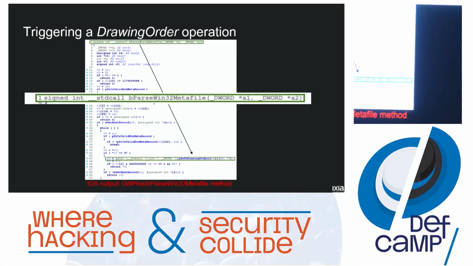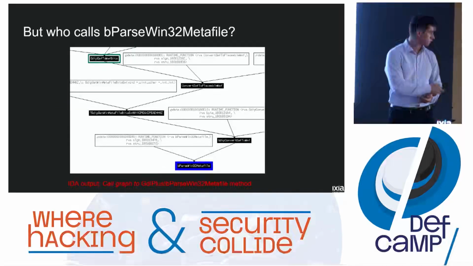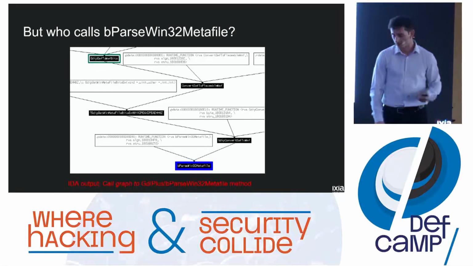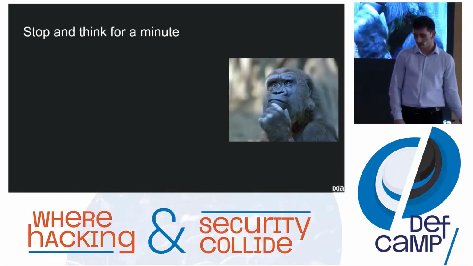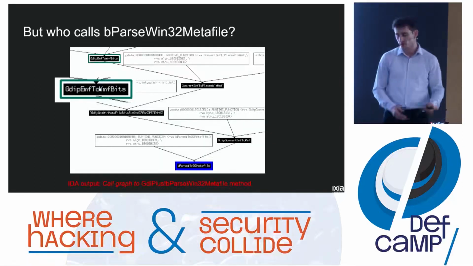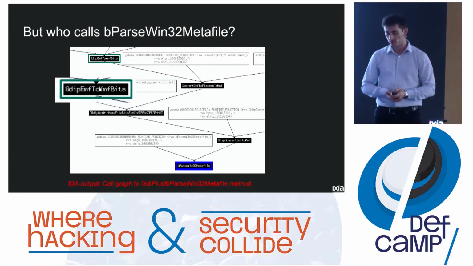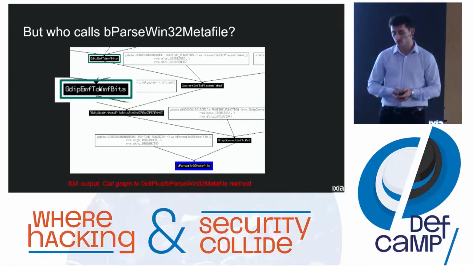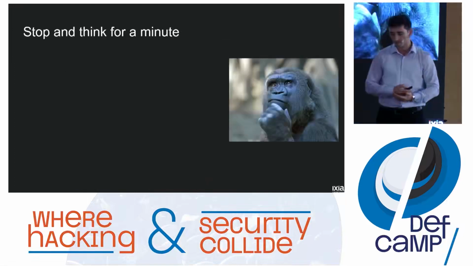Again, we make use of the cross references functionality in IDA. So at the base is bparse win32 meta file, and this method, EMF to VMF bits, will eventually call that method. And after I've taken a look at this method, it turns out that it is an external one. So we kind of have our target. But let's